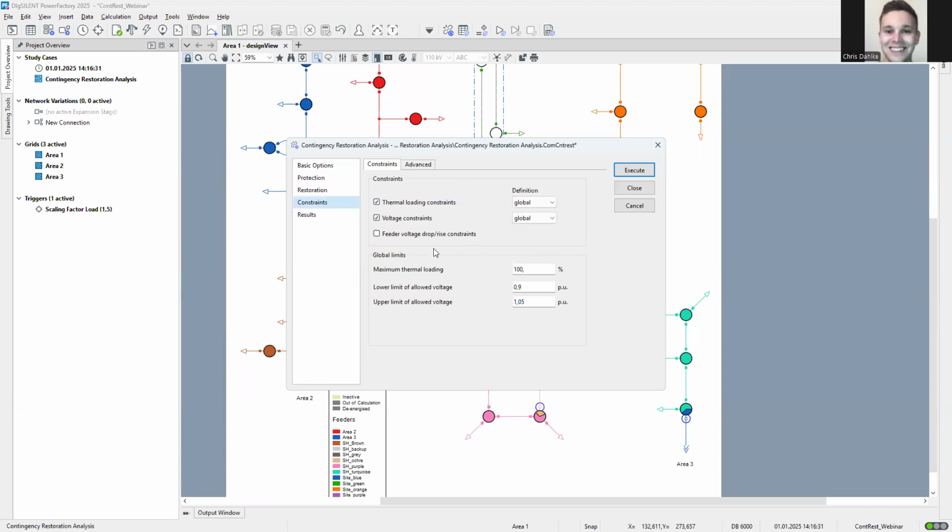Then there are constraints, also a thing that is known from a lot of different functionalities. So we can have thermal loading constraints, voltage constraints, which means absolute constraints in the end, and also voltage drop and rise constraints along a feeder that can be used globally. In those cases here, we have global constraints, but you can also say, okay, those are individual values. So when you, for example, have a differentiation between cables, overhead lines, transformer loading constraints, then you can also define this in the elements themselves. But in this example, we will stick to global constraints with a maximum loading of 100% and voltage limits of 0.9 and